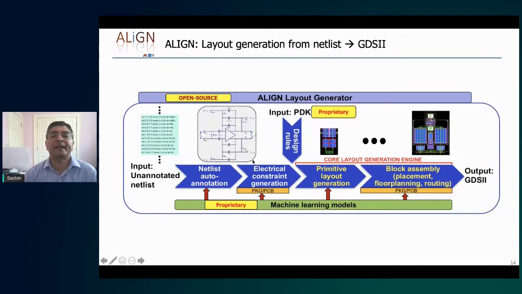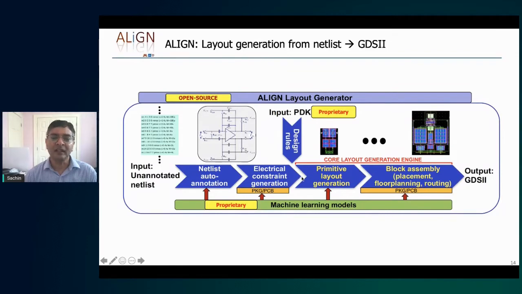Next, we look at the specs, and from the specs, we try to generate constraints on the electrical performance. So for instance, if some parasitics are really important, then we try to make sure that those parasitics are limited. All of this is purely at the level of the netlist. At some point, if you're going to generate layout, we need to think about the design rules and the specific process technology. And this is where this part comes in. So the process design kit, which contains the technology rules, are abstracted in a form that I'll talk about later.